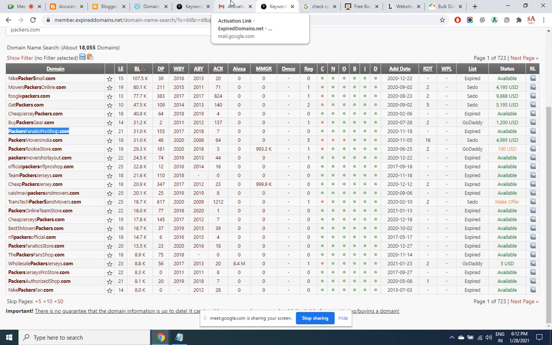In order to apply for a Google AdSense account or affiliate account, some websites have a condition that they give it only for old domains. So minimum 6 months old domains. If you are starting any domain from scratch and you apply for AdSense, it may show a message saying that your domain has to be at least 6 months old. So that's the reason why it is a wise idea to purchase one which has already expired.